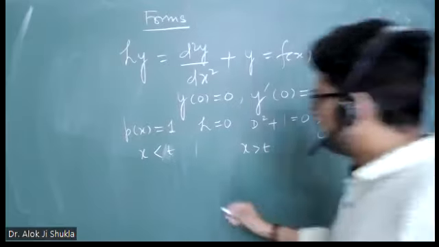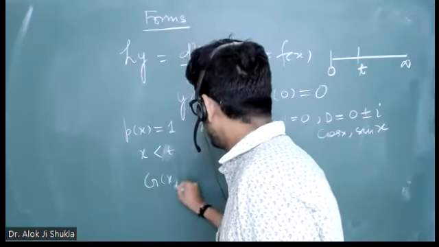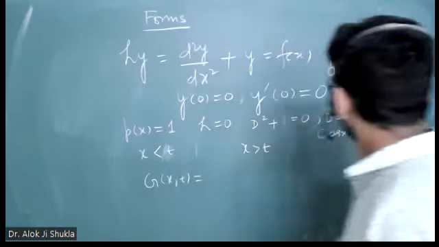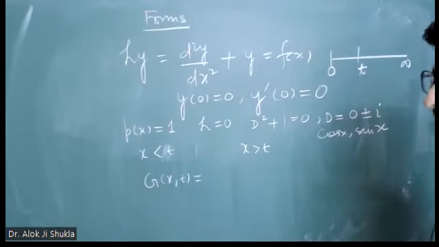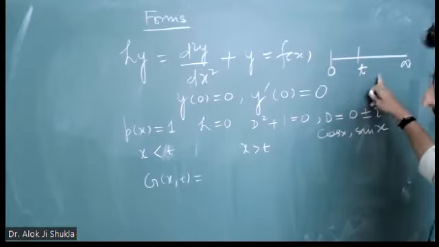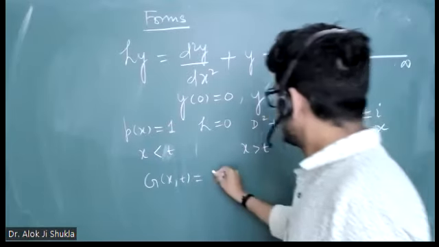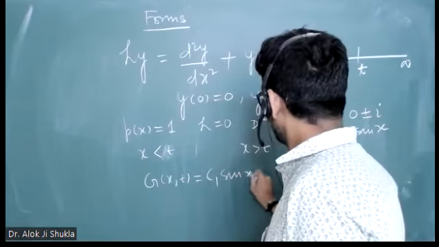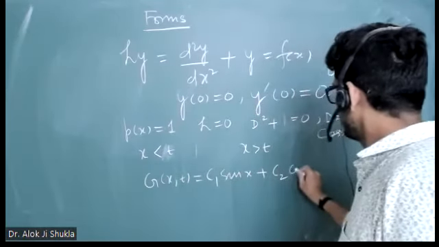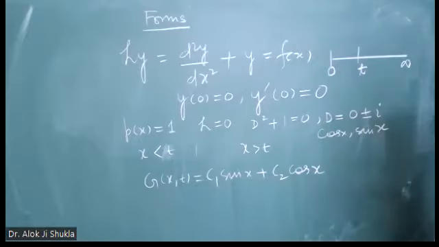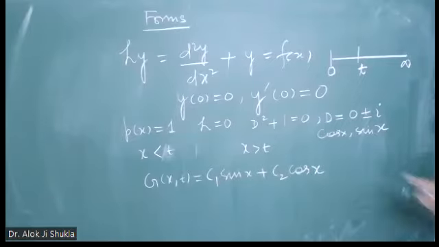So again, I will write my g of x, t as some. Now look, I am writing in a general form here, because there is no clarity here like a and b. So I am writing it like this: some c1 sin x plus some c2 cos x. This is my Green's function. Is that okay? Yes, sir. So now you have two functions, cos x and sin x, and this c1 and c2 that I have written will be for